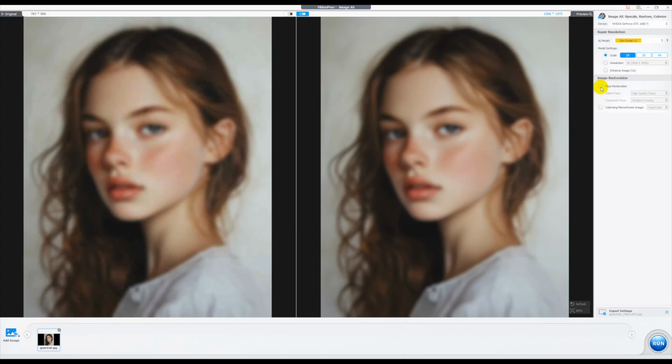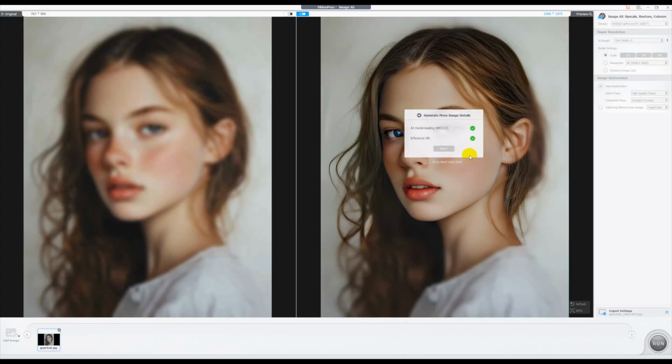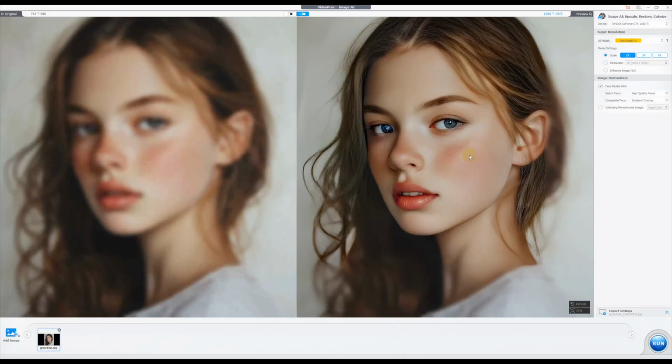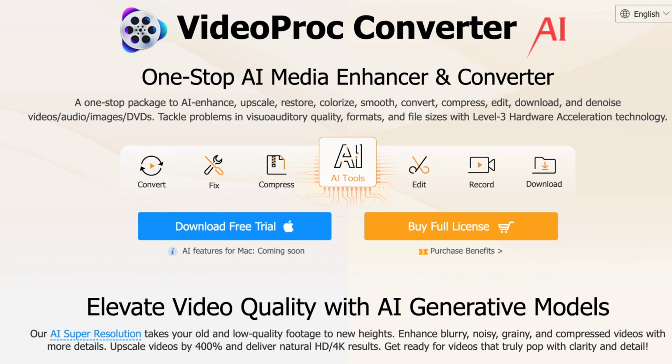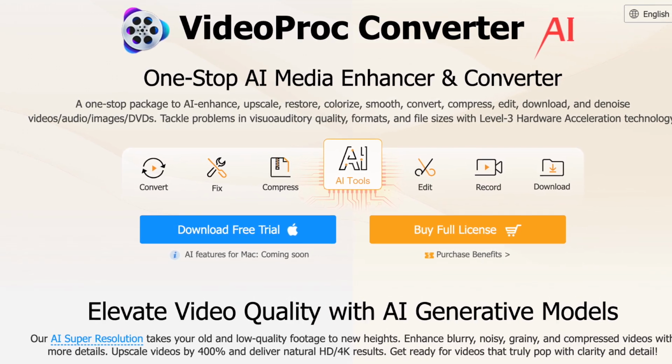In this video, I will show you how to use AI to enhance and restore faces from blurry and low quality images. And I'll be using a tool called VideoProc Converter AI,